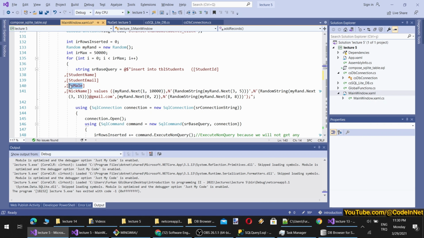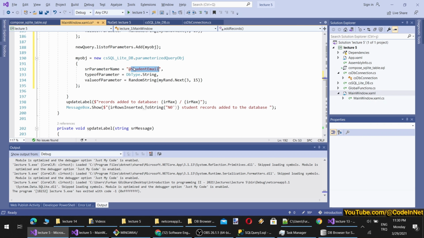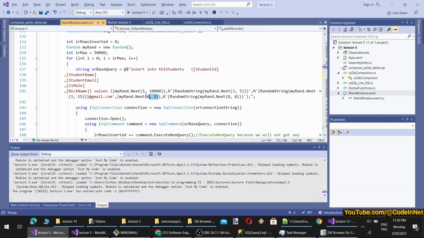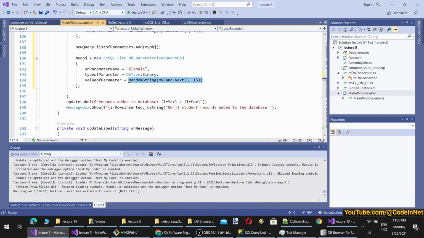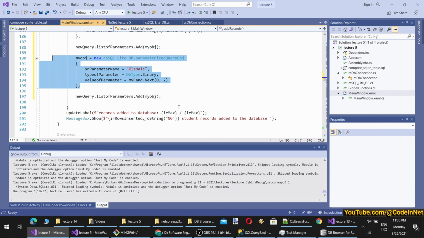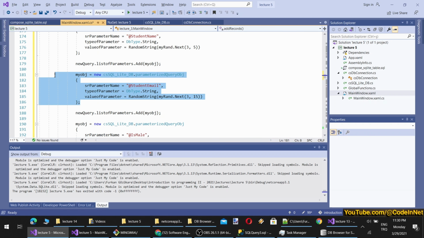And then we have isMail. So isMail is binary type. Therefore, I need to set it as binary, and this random next like this. It is either 0 or 1. Okay, let's add it too. And our final object will be nickname.